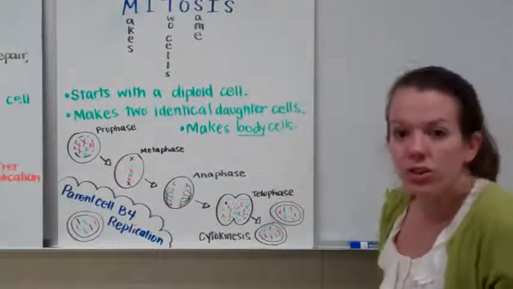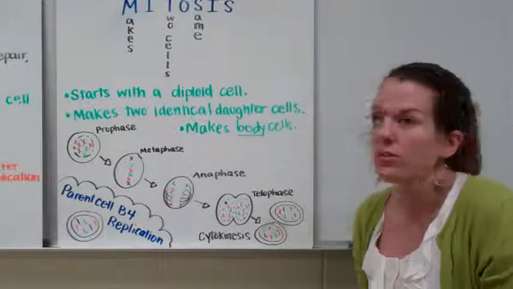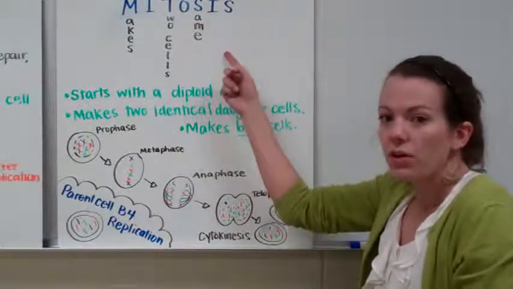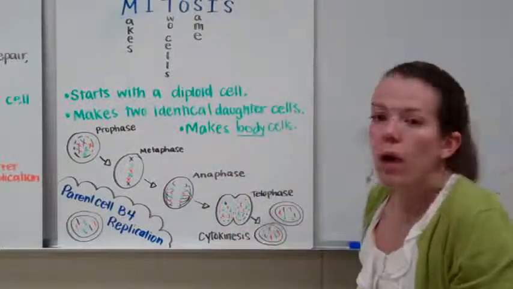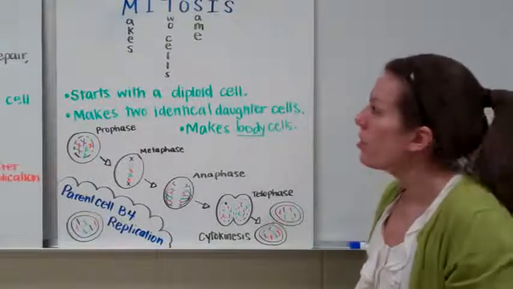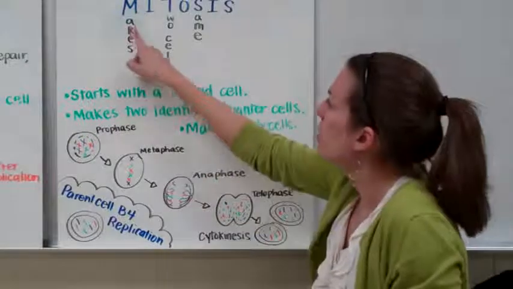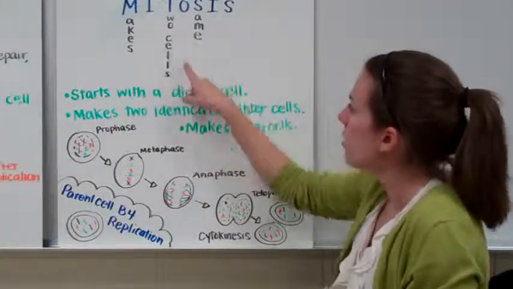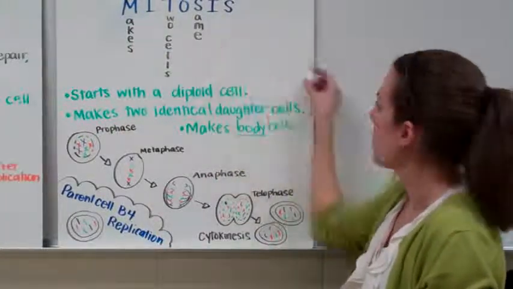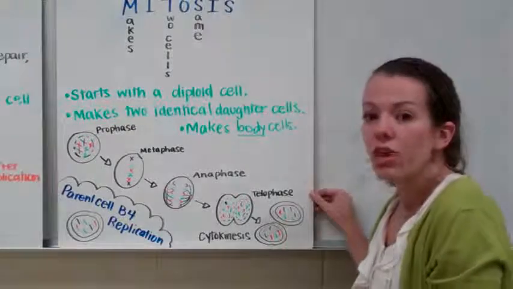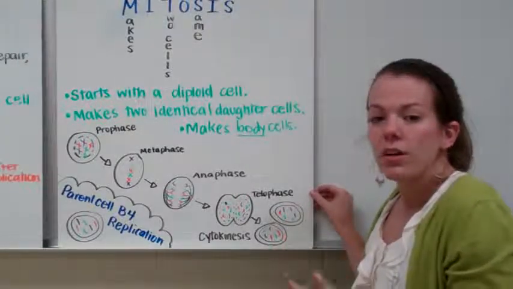Now let's take a closer look at the two forms of cell division. Mitosis is one form of cell division. In order to remember what mitosis makes, let's look at the letters that make up the word mitosis. Mitosis makes two cells that are the same. So whenever you see the word mitosis, you could write this out on your sheet of paper so you remember